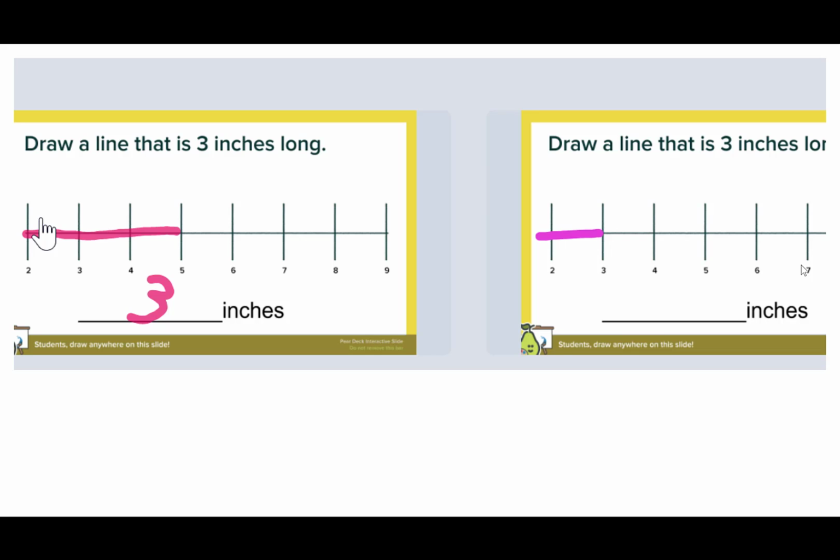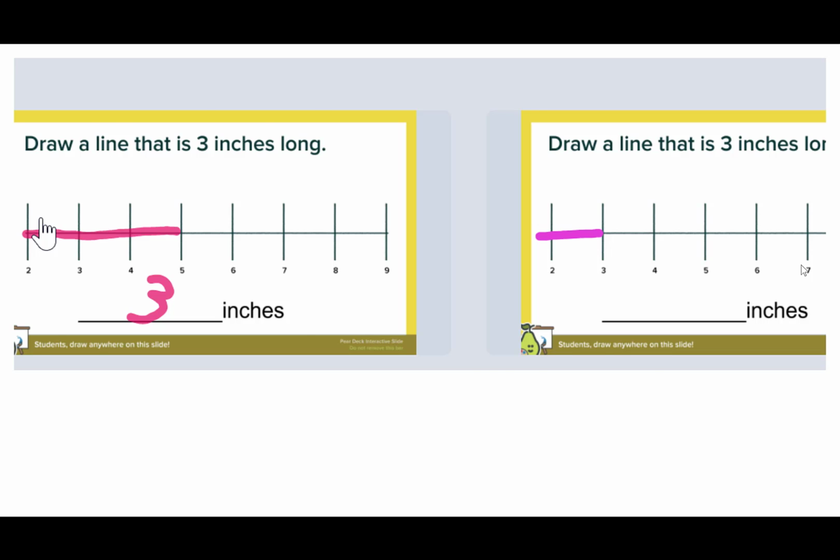So here's an example of math, and I can see how the students are thinking. So the student on the left completed it, started at the beginning, noticed that it starts with a 2, and they went to 3 inches. However, the student on the right, I can see that they're struggling a little bit. They just went to the 3. But now I have a better idea of how they're thinking. They're just looking for that number, and so I know when I meet with them that that's something I have